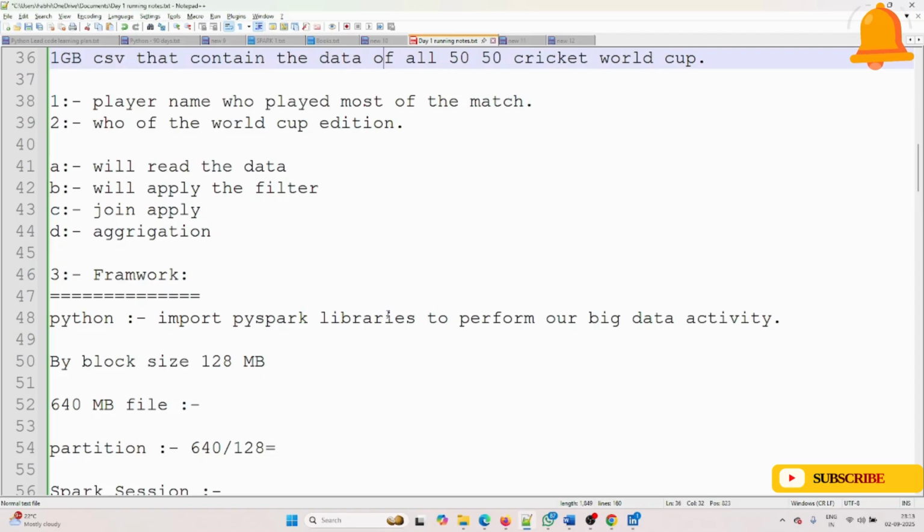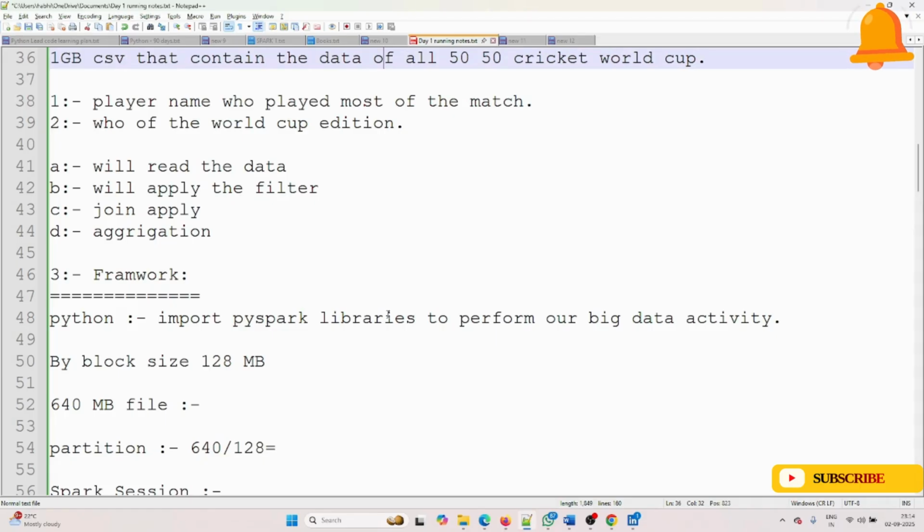I'm giving an example of that. Imagine you have 10,000 exam papers. Suppose I am the principal of the school and I have 10,000 exam papers to be checked, but I have only one teacher to check them all. If I go with one teacher, it will take weeks. If I have 50 teachers, I can divide 200 papers to each teacher at the same time, and the work will be done in a day.